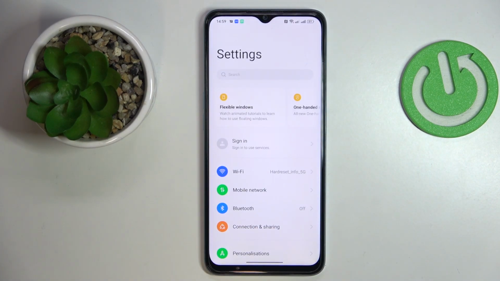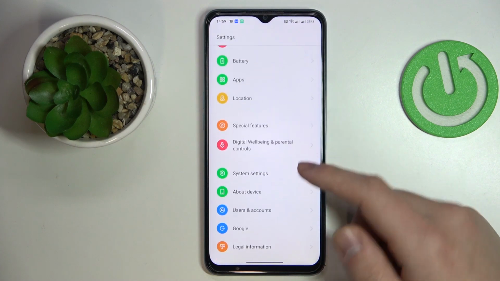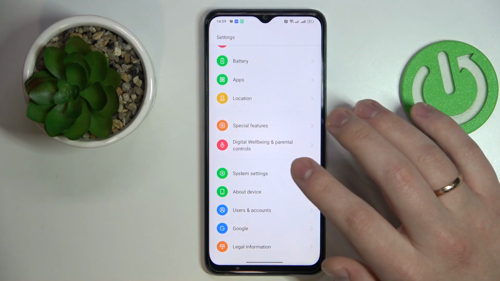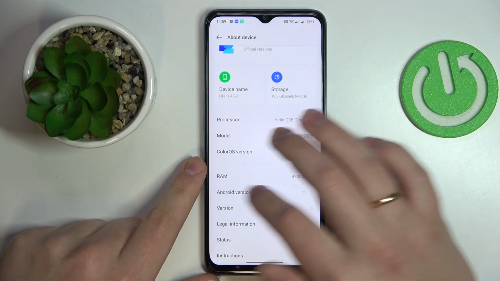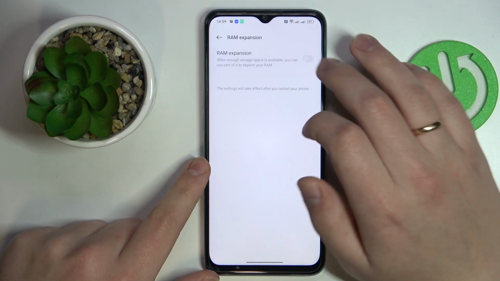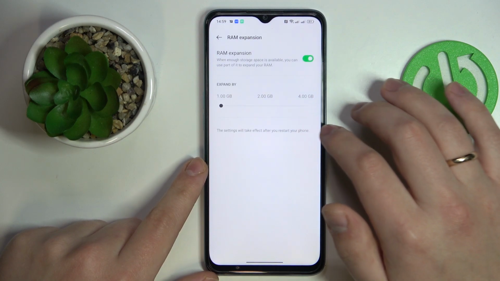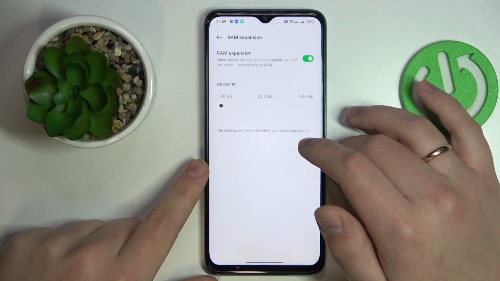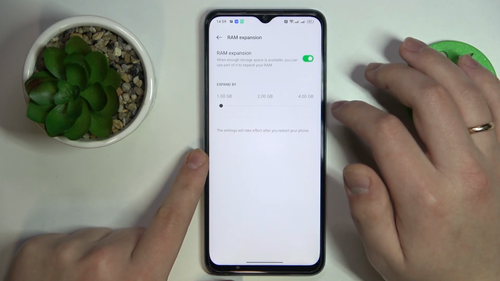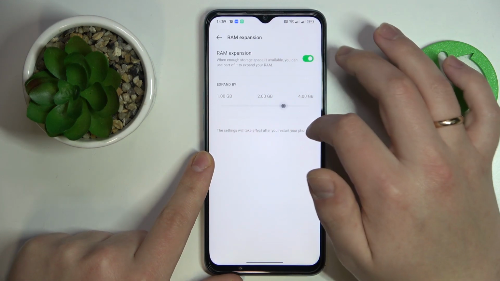Then you gotta enter the about device category that you'll find at the very bottom of the page. Then over here find the RAM field, tap on it, turn this switch on, choose for how many gigabytes you would like to expand your RAM exactly, so you can either go with 1, 2 or 4 gigabytes of additional